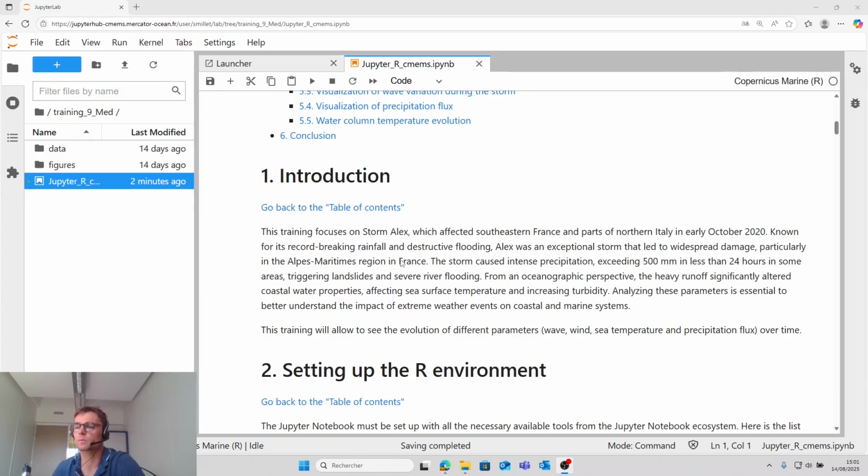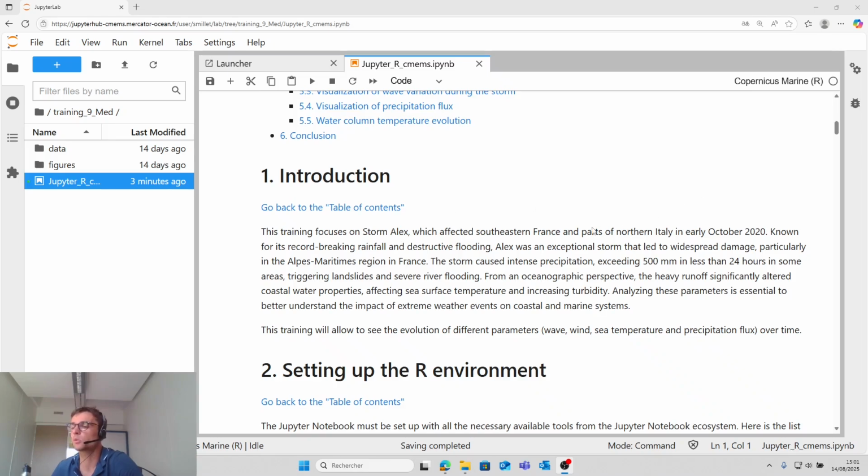It was an exceptional storm that created large damage, in particular in the Alpes-Maritimes region in France, because the storm caused intense precipitation exceeding 500 millimeters in less than 24 hours, creating severe flooding. From an oceanographic perspective, heavy runoff significantly altered the coastal water properties, affecting sea surface temperature and increasing turbidity.